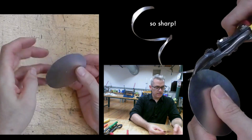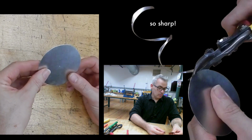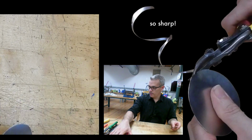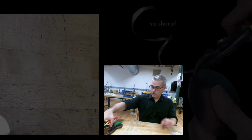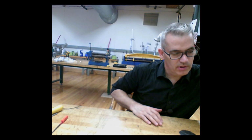That's still not perfect. I would need to file that to make it perfect. But for some things that might be good enough, and you can see the edge is serrated and horrible. So those are hand shears. As with many hand tools, really useful, but also